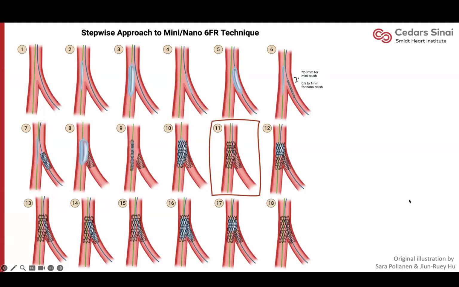You'll rewire the side branch through the non-distal struts of the main vessel stent and the crushed proximal struts of the side branch stent. Note that in the 7 French technique, you'll be rewiring through the crushed proximal struts of the side branch stent immediately after crushing it, but in this 6 French technique, you cannot rewire it immediately because you have to wait for the main vessel stent to be inserted and deployed before you rewire through the side